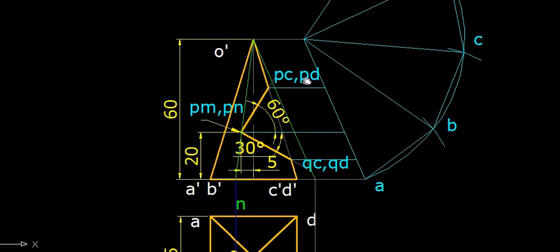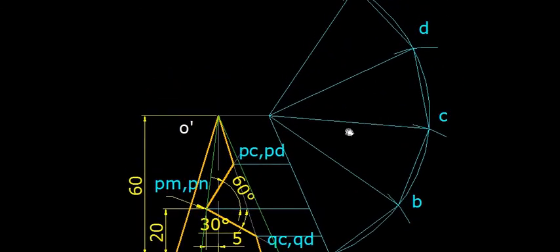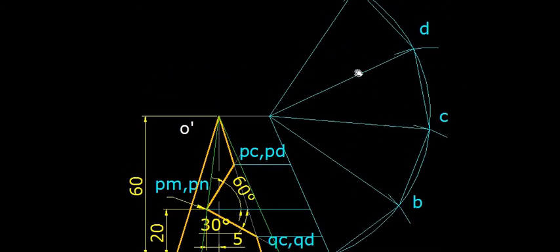Okay, on this development we should shift these points onto the lines C and D. So these 2 lines we have to shift. To transfer these points we are taking the projection from here on the slant height, and as we have drawn a parallel line to the slant line, we are taking the projection up to this line. Then we are going to draw the arc with this point as center and this much as the radius up to the C and D lines.